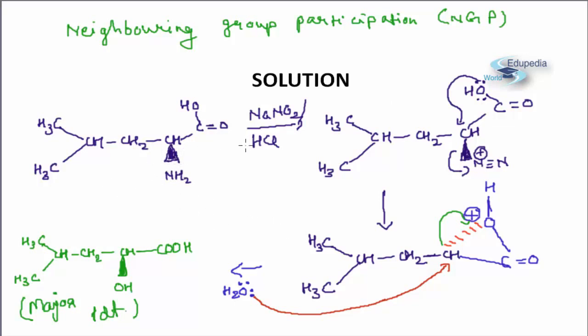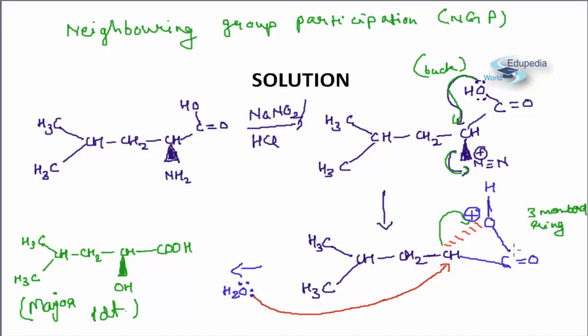This NH2 group is present over here. The moment you add NaNO2 HCl, you get diazotization over here. Now as this N2 group leaves from here, this OH from the adjacent COOH group attacks this carbon from the back side. This is a backside attack, and post this backside attack we get this intermediate, fine, and there is a 3-membered ring over here which you can see, but this oxygen is attached from the backside. So this is a 3-membered ring, okay?